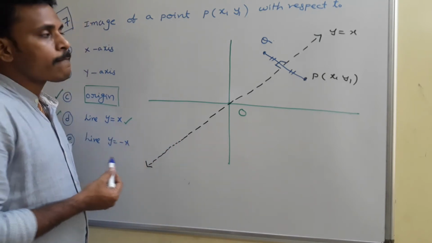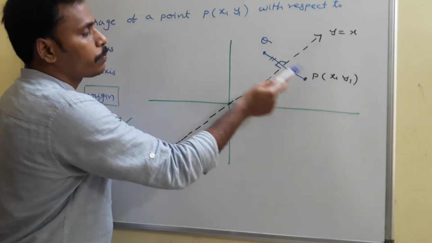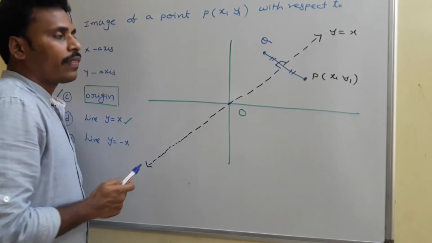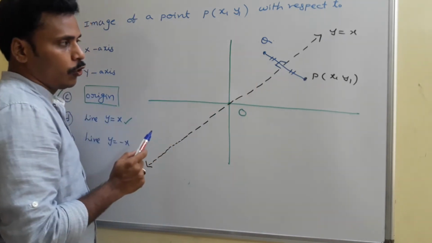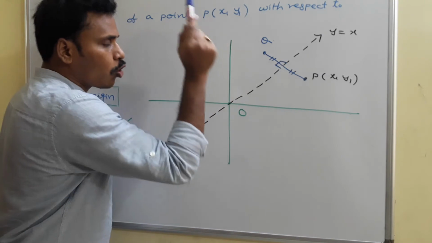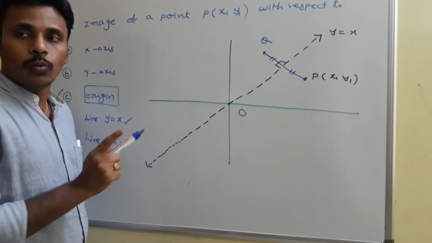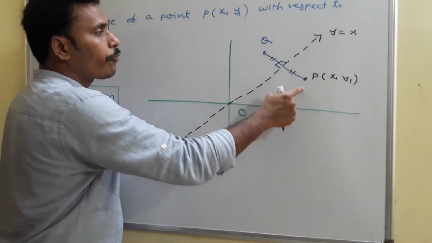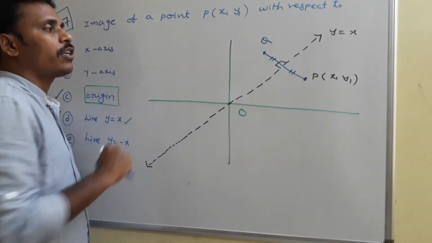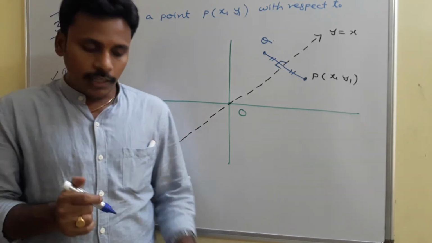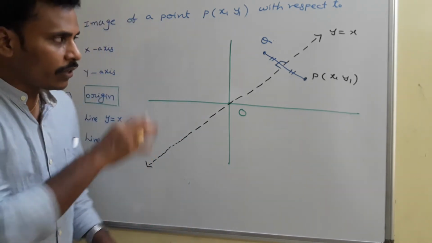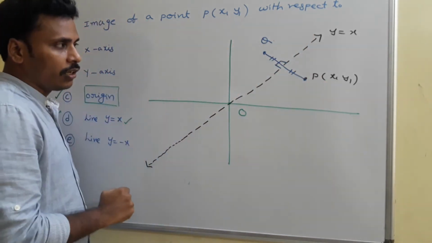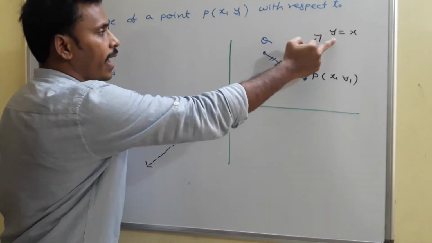You need to think for some time to find the coordinates of Q. The midpoint of P and Q for sure lies on y = x. In the sense that, for the midpoint of P and Q, the x coordinate and y coordinate should be the same. That's one idea about the point Q. Another idea is that the slope of PQ is perpendicular to the slope of y = x. Once again, I am giving the situation here: I have the line y = x and a point P (x1, y1). The image of P with respect to this line is Q.